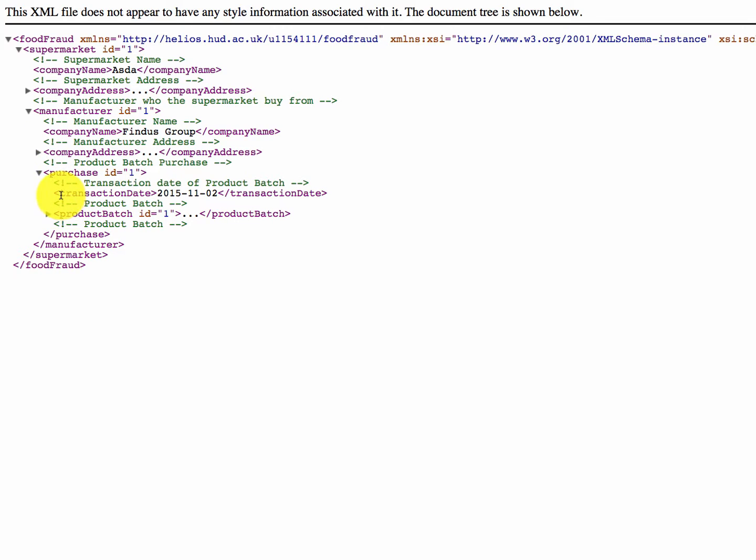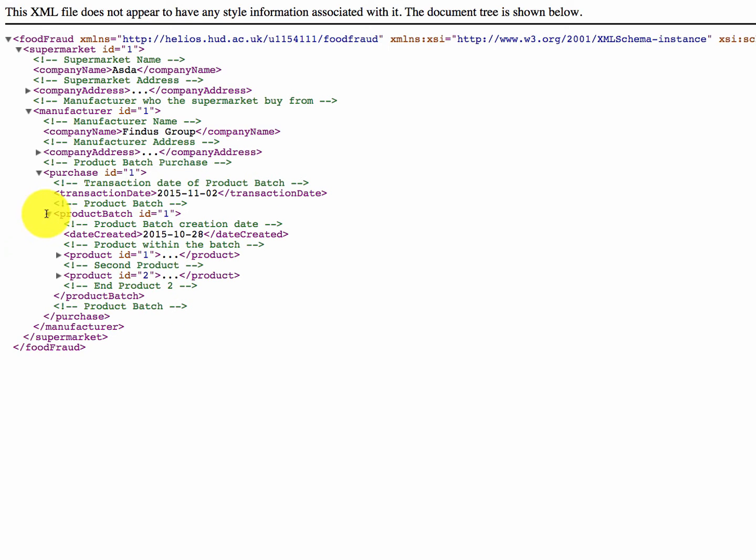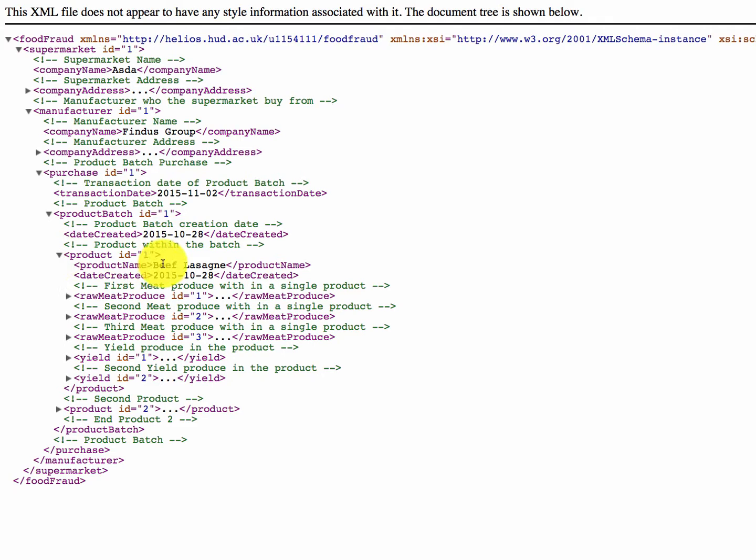So from this we're able to understand the transaction date, so when that purchase was made, and what batches that's included. So again, this is only one batch, but multiple things can be added in here, multiple batches basically. And this batch basically was created on this date, and it includes these products. So product ID 1 is a beef lasagna, and the date it was created. We're able to understand that it's got 3 raw meat produce